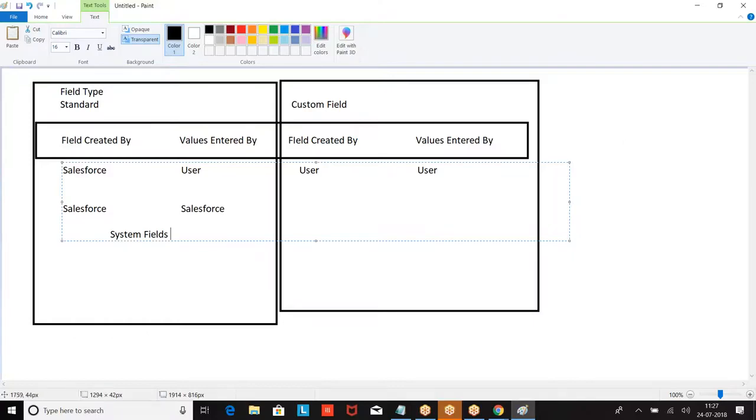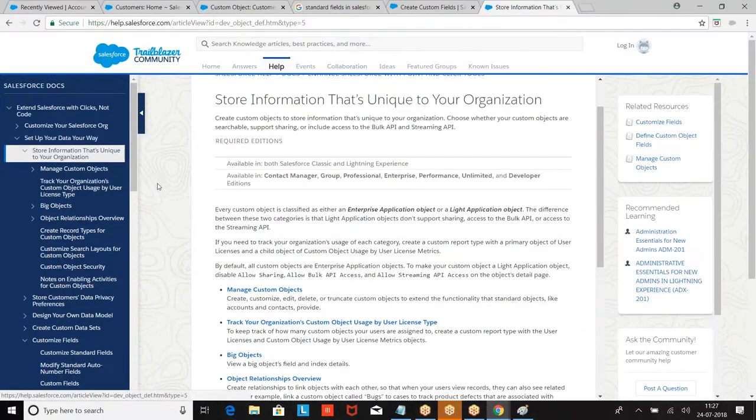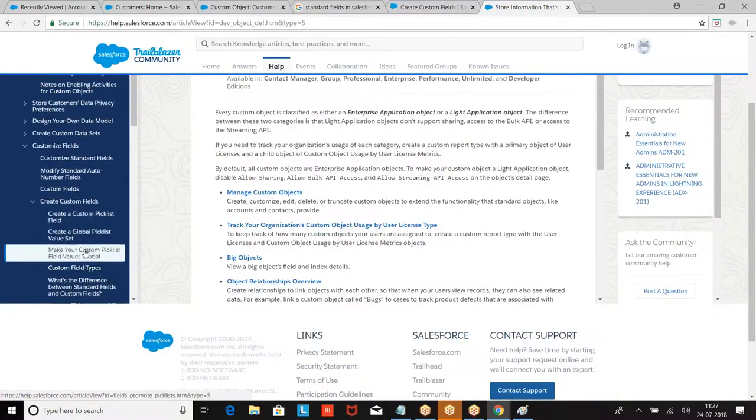Such fields are called system fields. Standard fields are created by Salesforce, and system fields are also created by Salesforce. So a system field is a subset of standard fields.